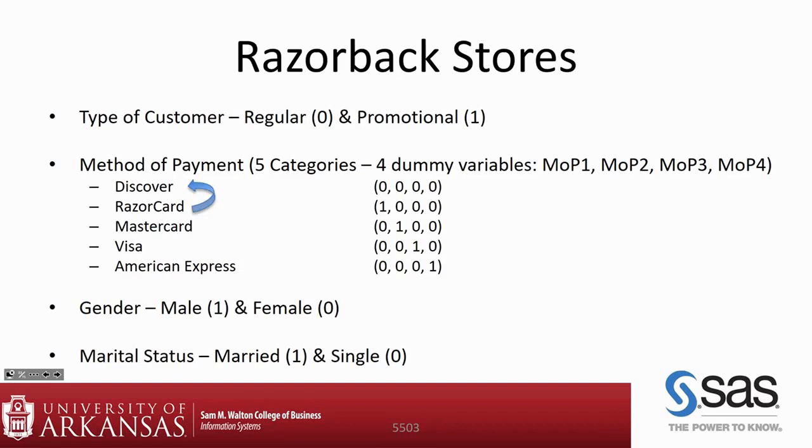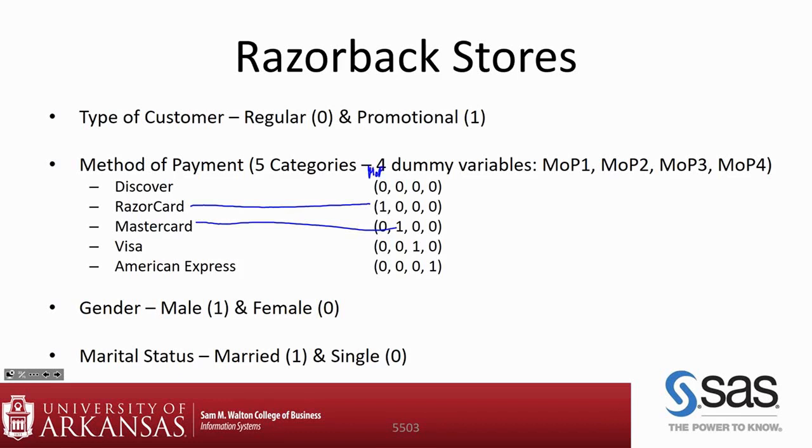So here, I don't even have them sorted alphabetically. I don't know why I have them sorted the way I have them. Okay. But I just started out, and so my first dummy variable is going to be for Razor card in this example. My second dummy variable is MasterCard. So this would be,